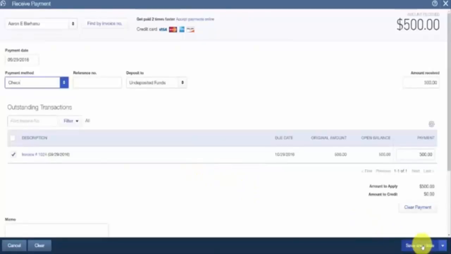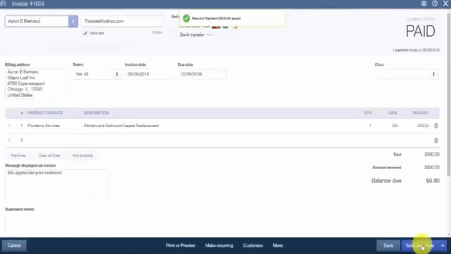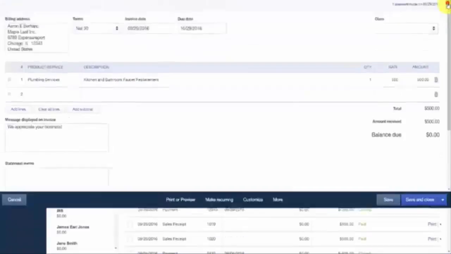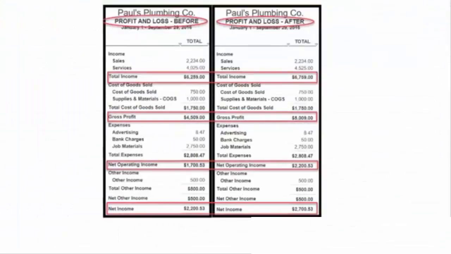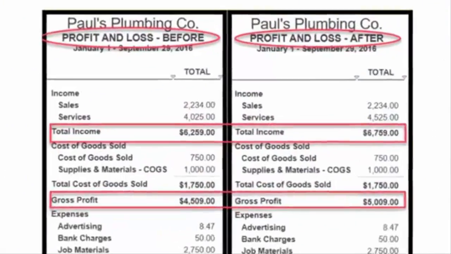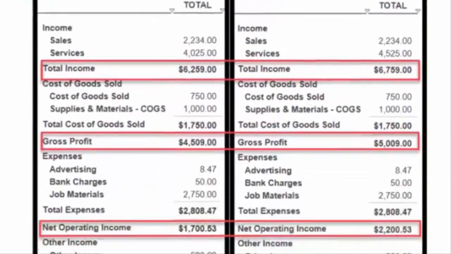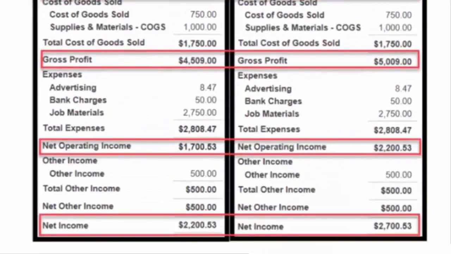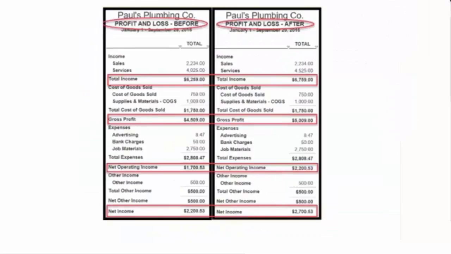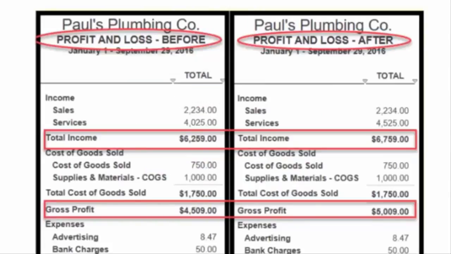Now let's take a look at the impact creating an invoice and receiving a payment has on Paul's profit and loss statement. There are 4 accounts that have been impacted by these transactions: total income, gross profit, net operating income, and net income. At the left-hand side of your screen, we've got the profit and loss statement before those transactions were created. And on the right-hand side, we've got the profit and loss statement after those transactions were created. So starting with total income. Total income before was